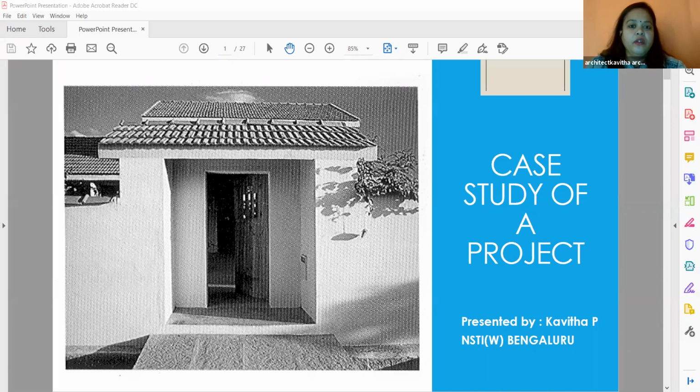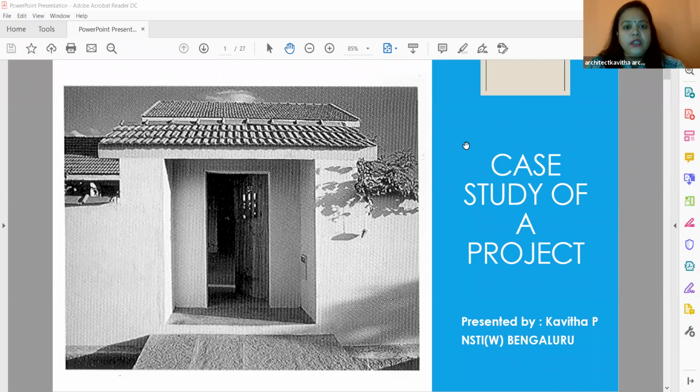The process of going and visiting a project, seeing the details and making it into a report is what a case study is. This will come because you are at this stage where you have been given some drawings and you're drafting, right? After that, you will start your projects where you will design on your own.